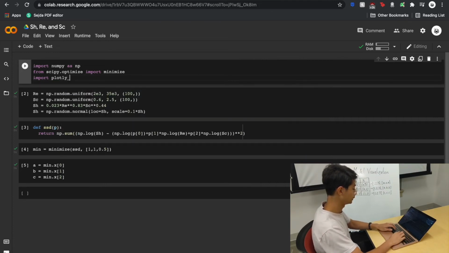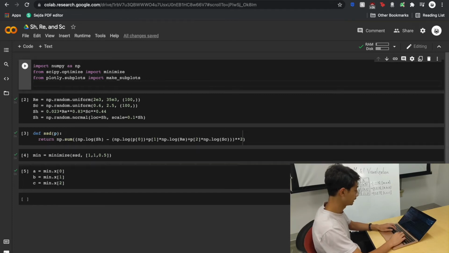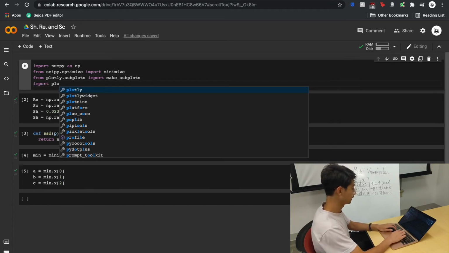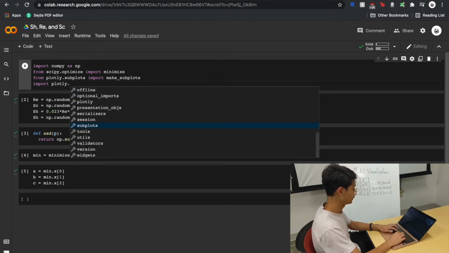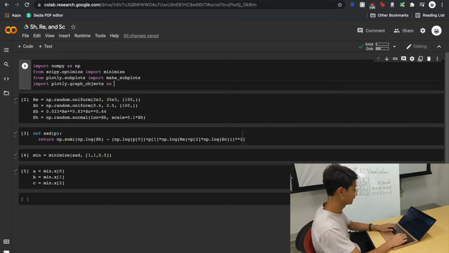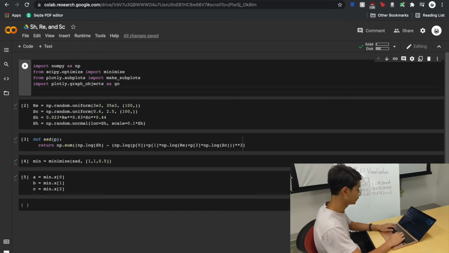So I'm going to import from plotly dot subplots import make_subplots. And then I'm going to import plotly dot graph_objects as go, and I'm also going to import plotly.io